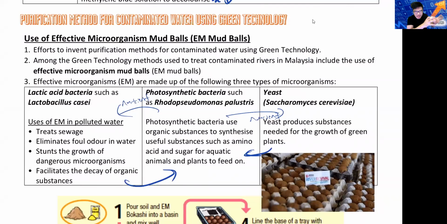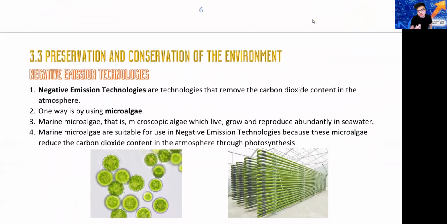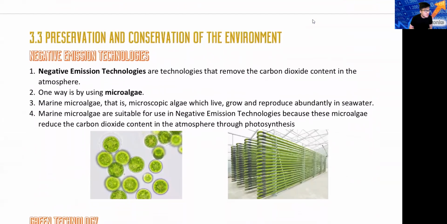So if you see any company that you really like, you think that in 20, 30 years time, they will become very famous. They will make a lot of money using green technology. Invest in them. Because this green technology thing, trust me, in the coming 20, 30 years, it will be everywhere. They will get even bigger because green technology is becoming more and more important even compared to last time. So eventually we will stop using fossil fuel. So that's what I'm trying to say.